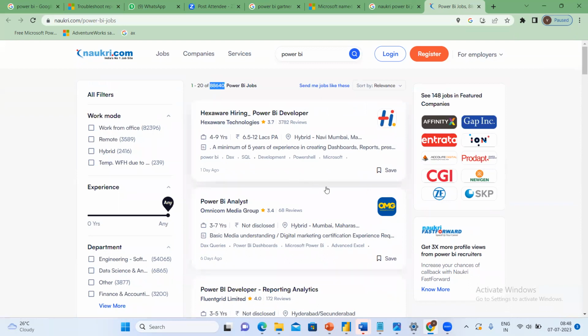It's not an easy thing for one business tool. Even now I am getting 6 to 7 calls every week, but I will not go for every company, every month. A lot of companies are there and they're giving good packages in the market. If you have 3 to 4 years, they're ready to give between 10 to 14 or 10 to 15. If they find the right candidate, they can give even more than that.